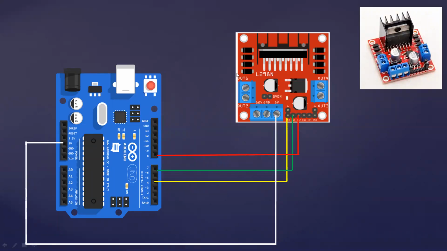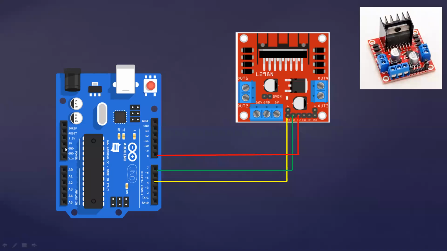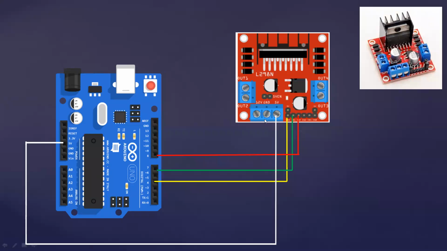Okay, so this 5 volt and ground we can take directly from the microcontroller development board. You can observe here, there is a 5 volt available on the development board. Connect this 5 volt with this 5 volt, and connect this ground. So here the ground terminal is common. This is for the logic voltage supply and it is for the high voltage supply.